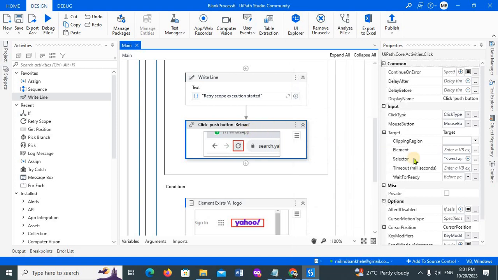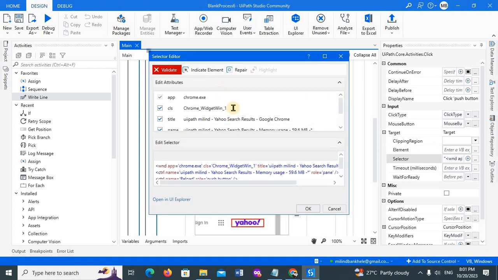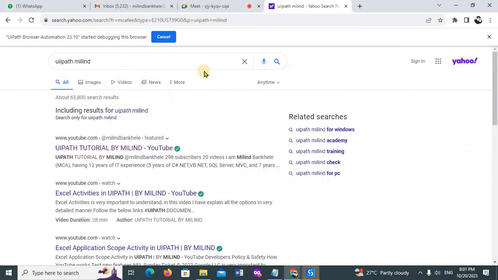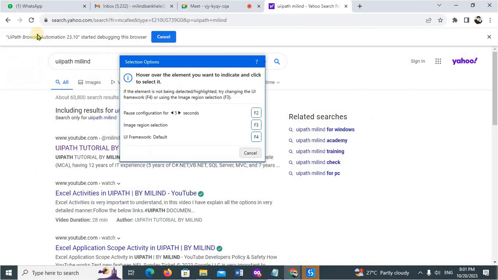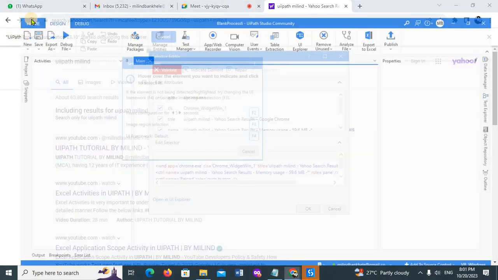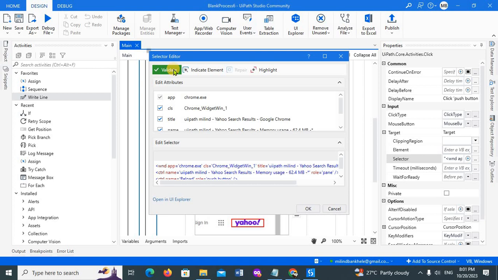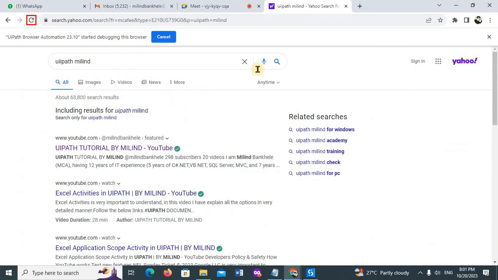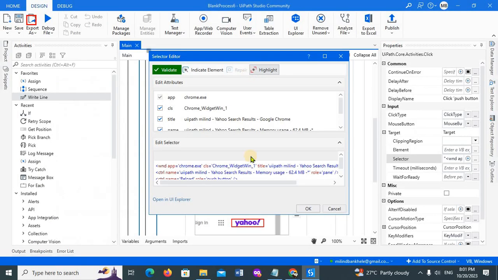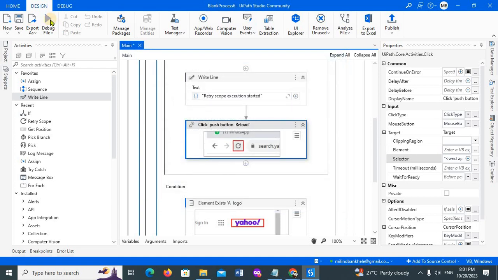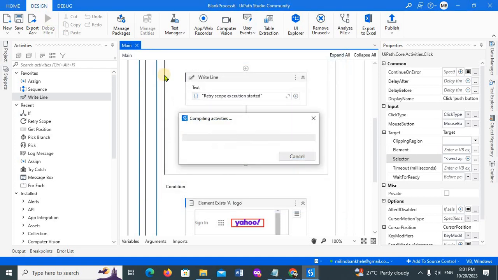So here what I'll do, I'll just change the selector. Because this selector is not the proper one, that's why my bot is failing here. So I'll use this particular selector now, and if I validate this, see, if I highlight this, now it will highlight for me, right? Now if I'll execute this,